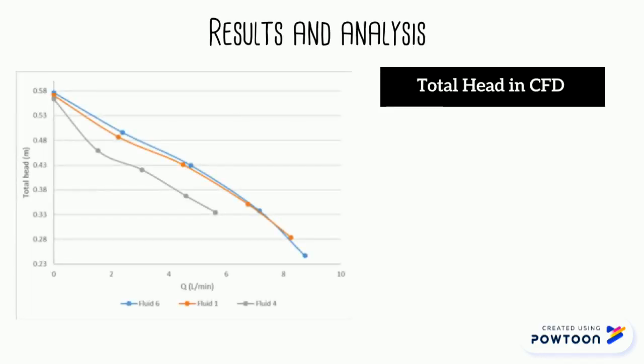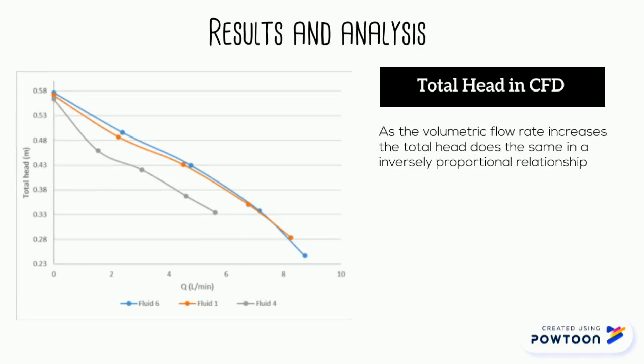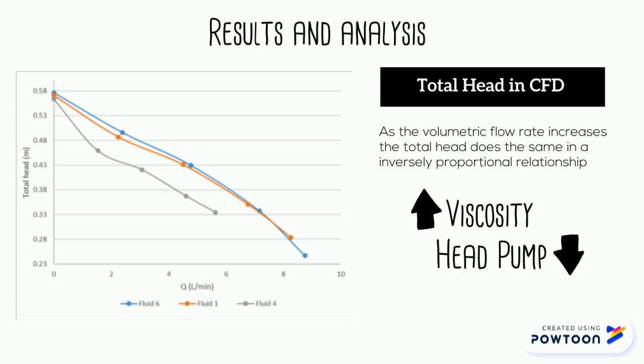It is shown that as the volumetric flow increases, the pump head will decrease. This is due to the viscosity, since if the viscosity increases, the pump head decreases, an inversely proportional relationship. Additionally, as with efficiency, the pump head after simulation of fluid 4 is lower than both fluid 1 and 6